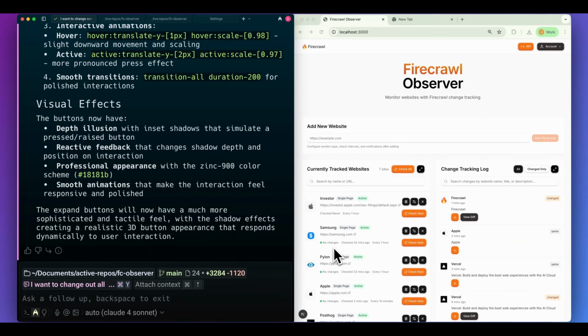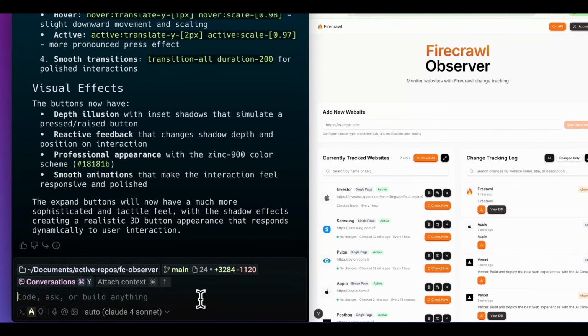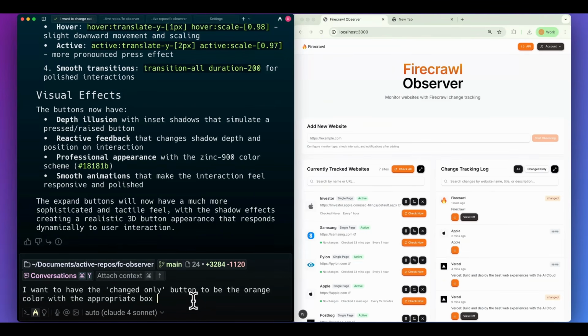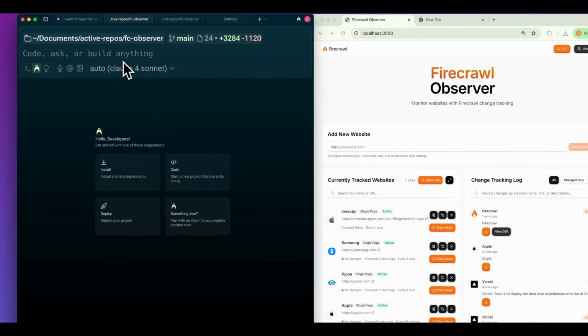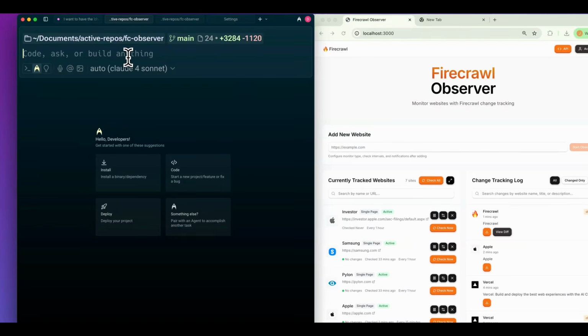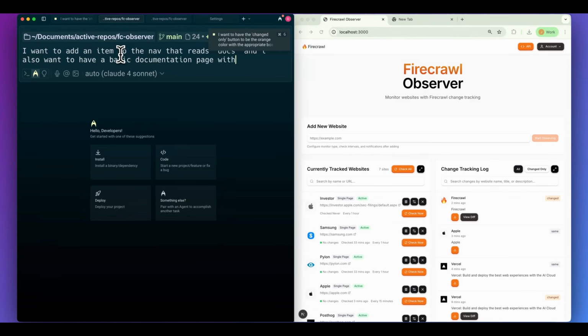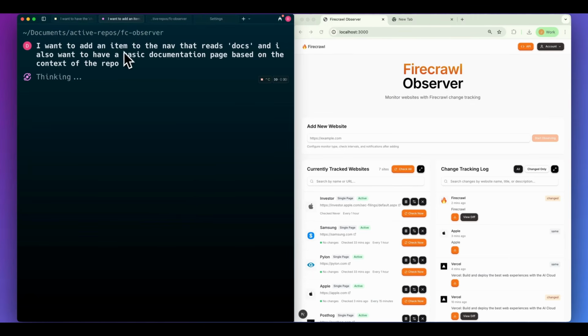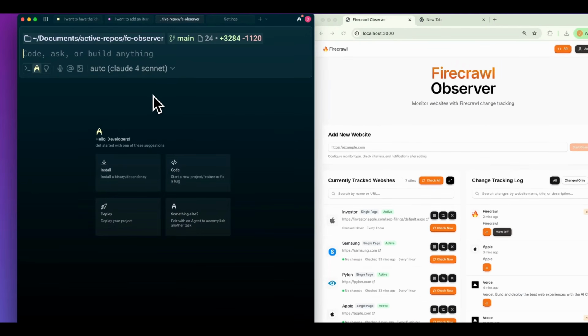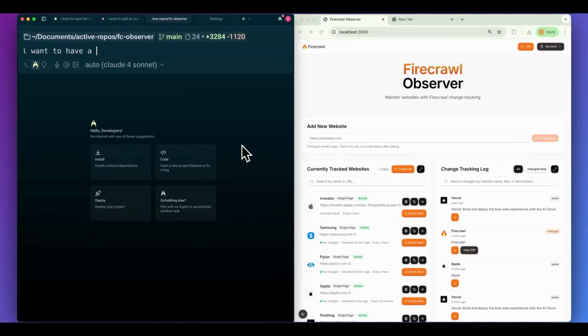So within this, what I can do is say something like, I want to have this changed only button reflect to be orange with the appropriate box shadow. I'll go ahead and kick off that task. And once I have that, I'm going to go to another tab and say, I want to add an item to the nav that reads docs. And I also want to have a basic documentation page based on the context of the repo. I'll go ahead and kick that off. And then finally, I'm going to kick off one more. And within here, I'm going to say I want to have a border on each of the pills